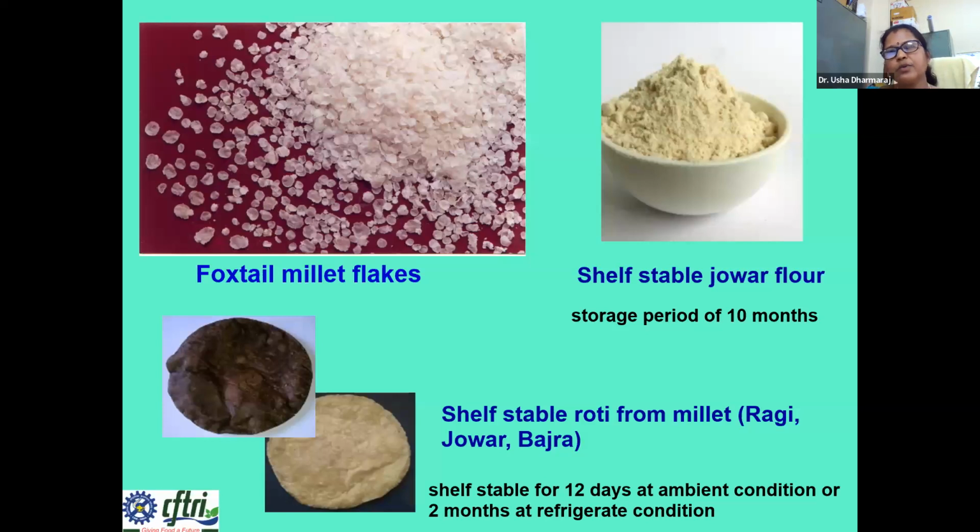And jowar is one grain which is used in a roti-like product, and jowar roti is released by many. But the problem is jowar is not very shelf stable, and you need to prepare the flour fresh. So always when you buy jowar flour, we ask whether it is fresh. So that is one constraint they have. So we have developed a shelf stable jowar flour which can be stored for 10 months, and it can retain its freshness. And also to offer convenience, we have shelf stable roti, which can be prepared from finger millet,